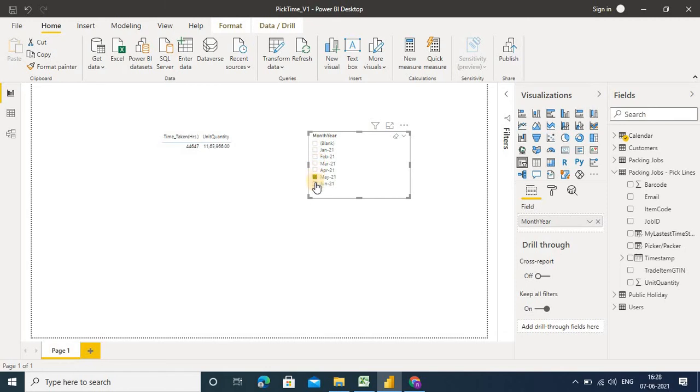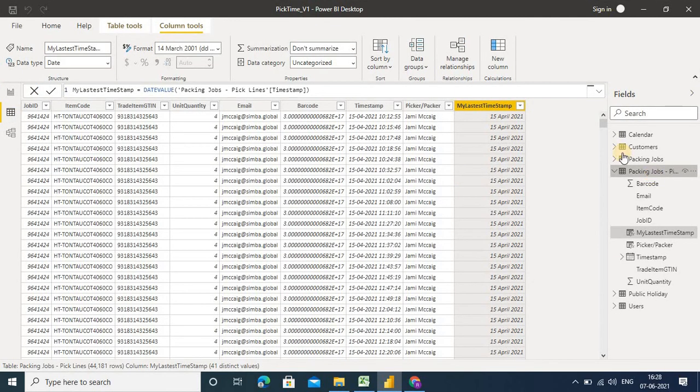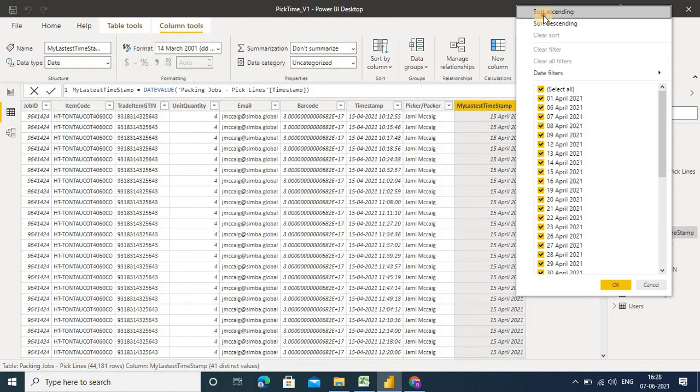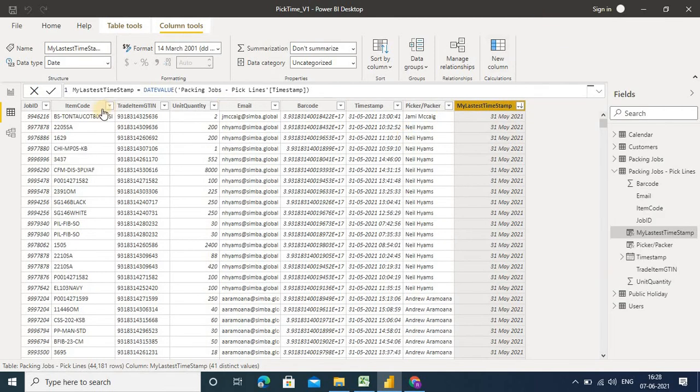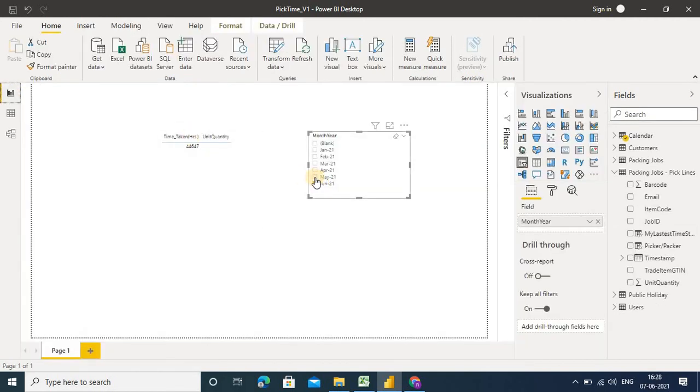You can see your number is showing here right now, because in your file there are only 3 months: April, May and June. And if you go to your packing data table, there are only 2 months, April and May. So that's why it is taking 2 months of data. June is not done, you only have April and May in the data.